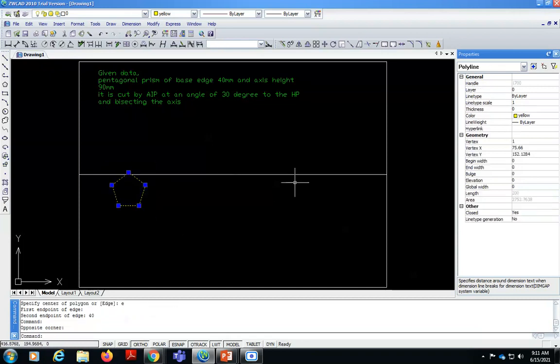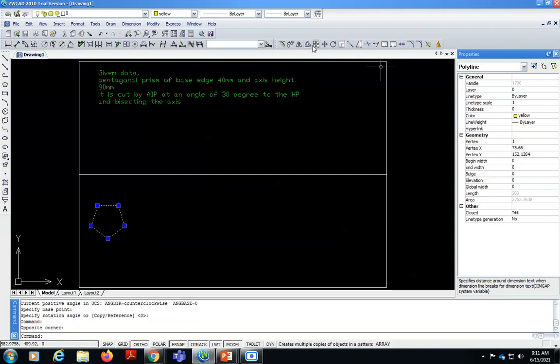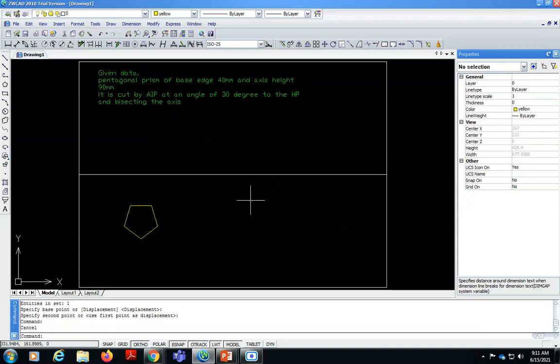So I will rotate it by 180 degree. Use the rotate command from the modify toolbar, specify the base point and then the rotation angle, which is 180 degree. So here it is.